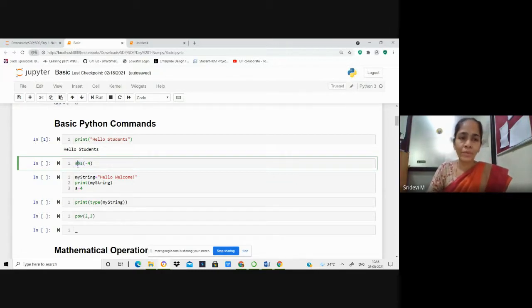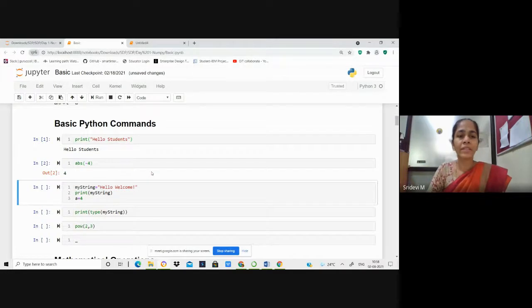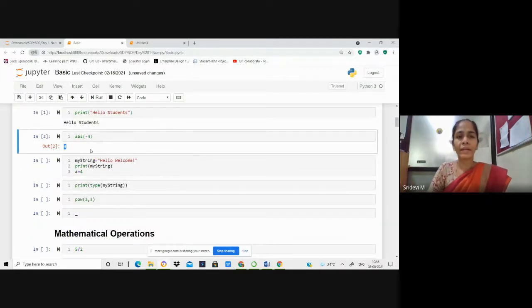For that, you can use this absolute function, and whatever number you pass to it, if it is a positive number, it doesn't make any change. But if it is a negative number, then it will print the positive value of that negative number. So when you execute this command, you can see the output that the negative value, the number minus 4, is printed